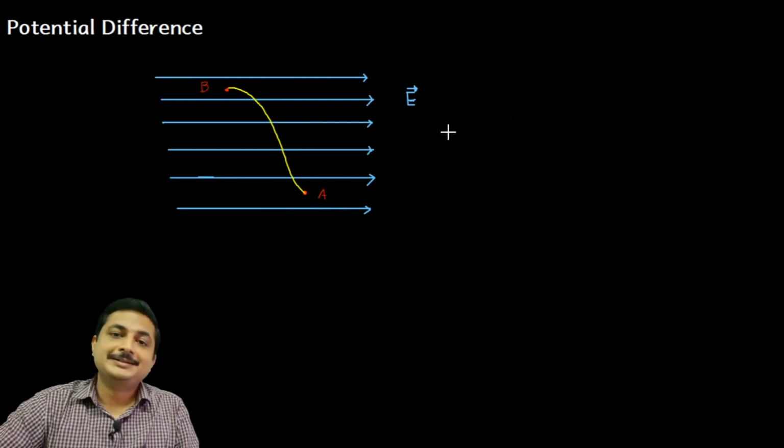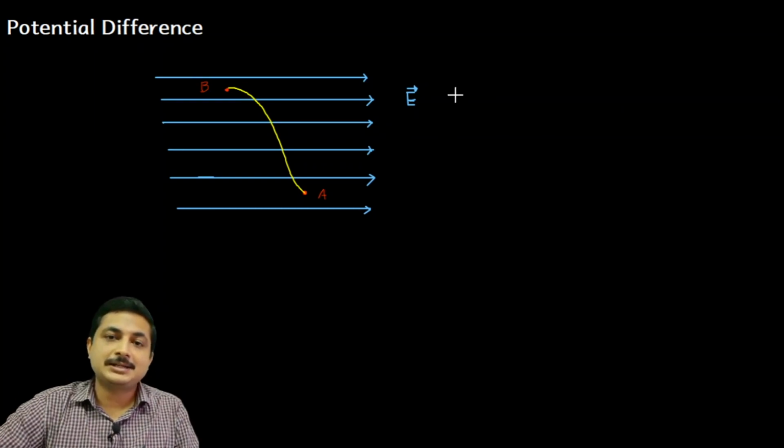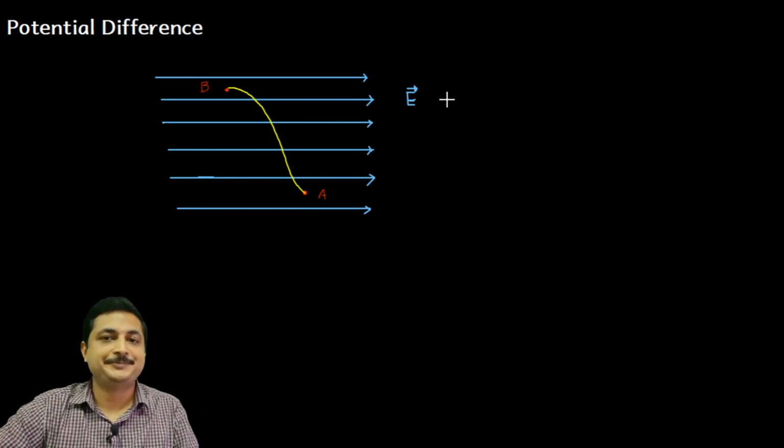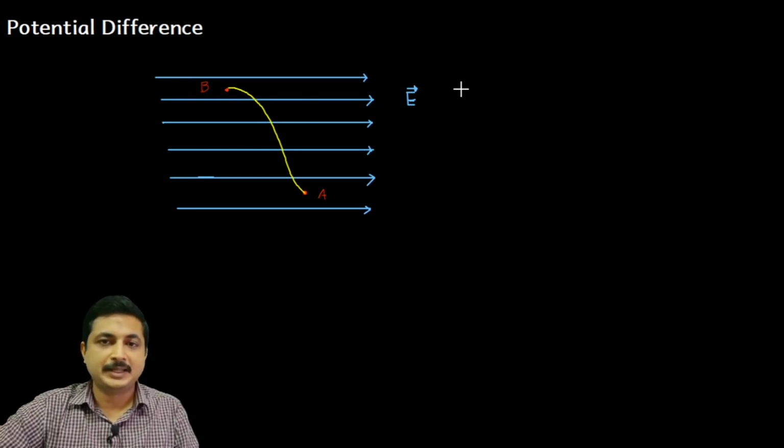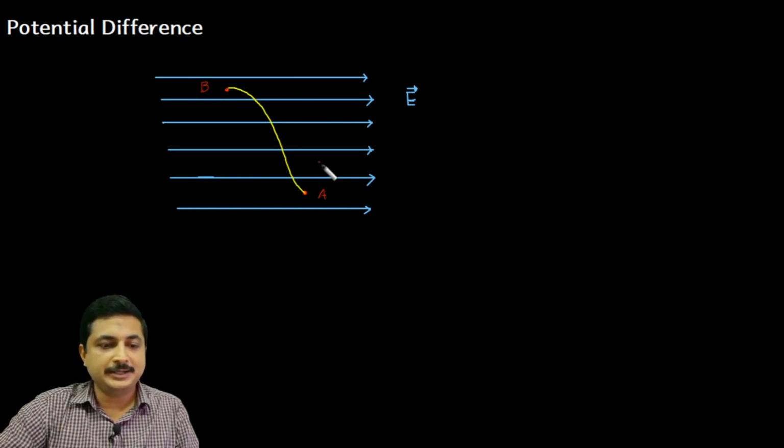Now this idea can be easily extended to write an expression for potential difference in an electric field. We know that we can consider work done as potential difference if you are doing some work to move from one place to another place where the potential differs. In the sense, we have already considered this path from A to B.